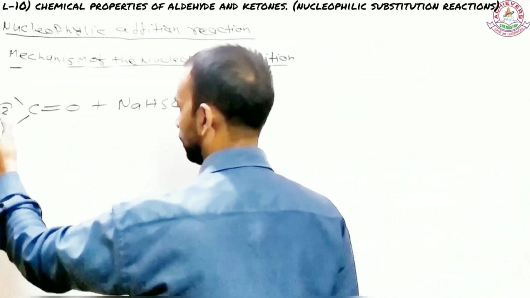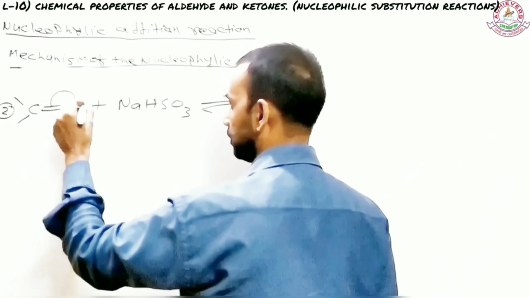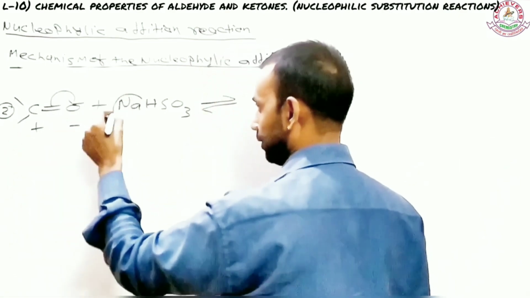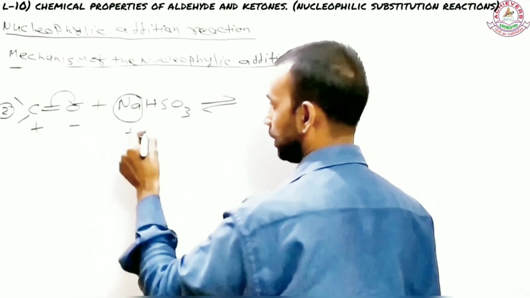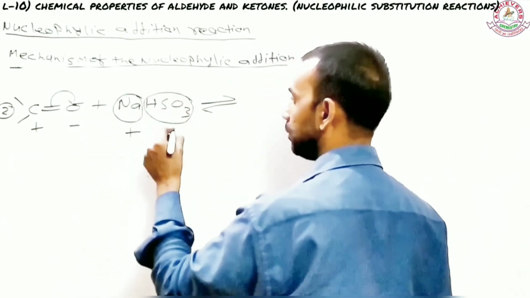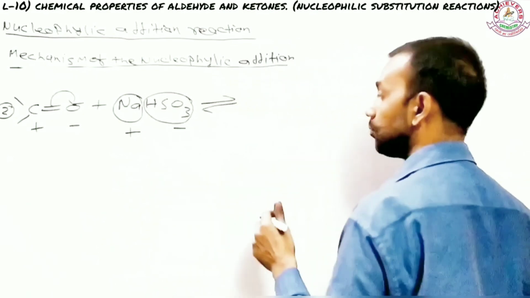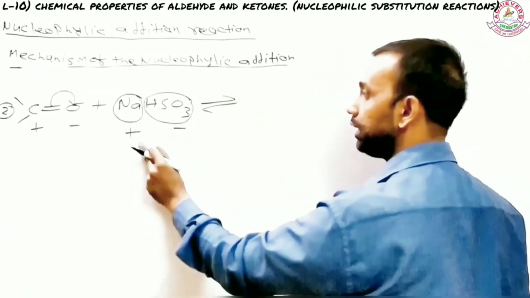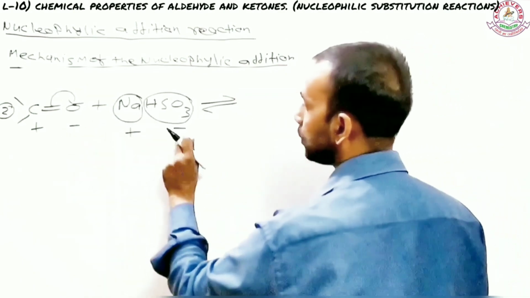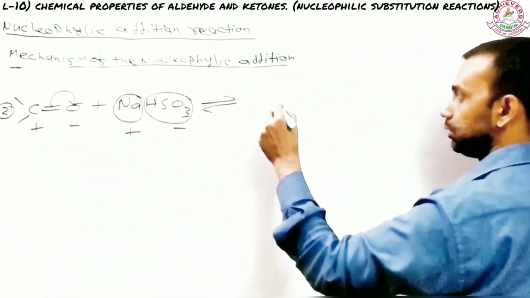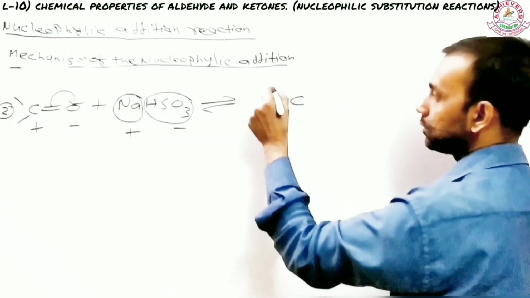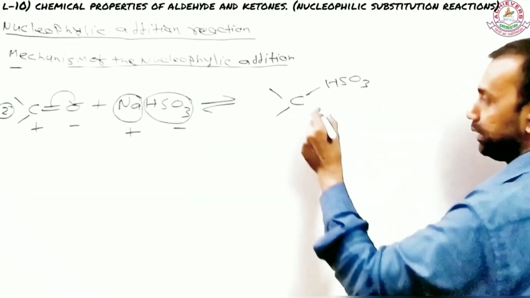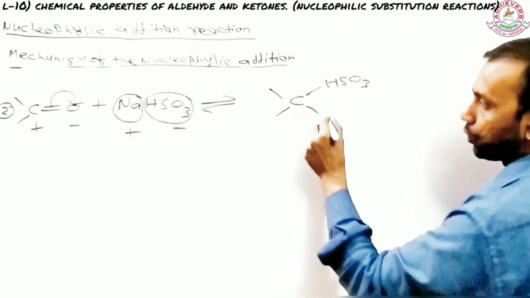Oxygen becomes negative and carbon becomes positive. Now sodium will go with oxygen and the hydrogen sulfite will go with the carbon. So I place the HSO3 here, and then you have your sodium here,